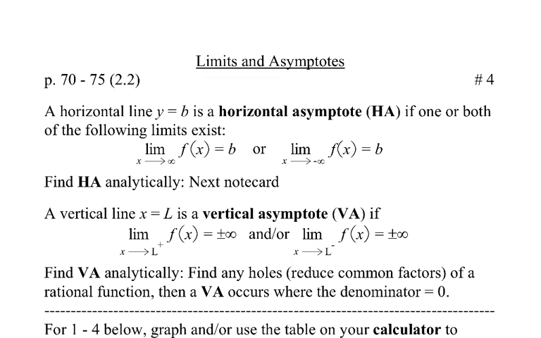This is note card number 4, which is on limits and asymptotes. These are both things that we've talked about. We talked about limits in the previous note card, and then we have seen asymptotes in both Algebra 2 and pre-calculus. So let me just say that if we think of a rational function, something that looks like this,